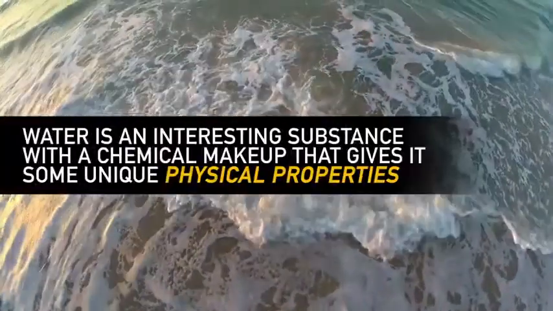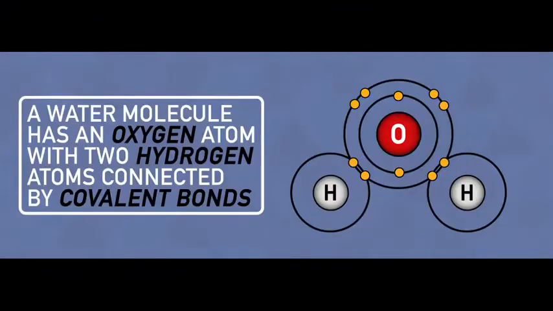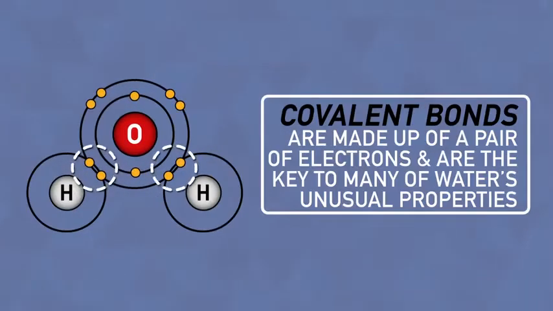Water is an interesting substance with a chemical makeup that gives it some unique physical properties. A water molecule has an oxygen atom with two hydrogen atoms connected to it by covalent bonds. The V shape that the molecule makes is caused by the way that the oxygen atom's valence electrons repel one another. These covalent bonds are made up of a pair of electrons and are the key to many of water's